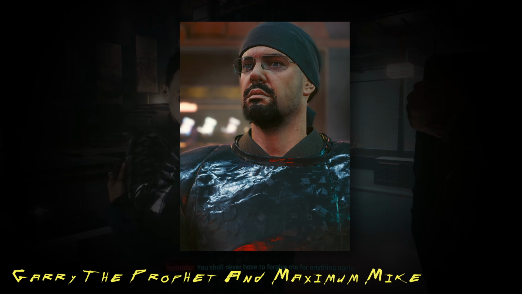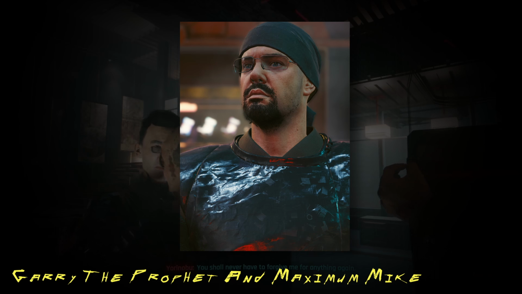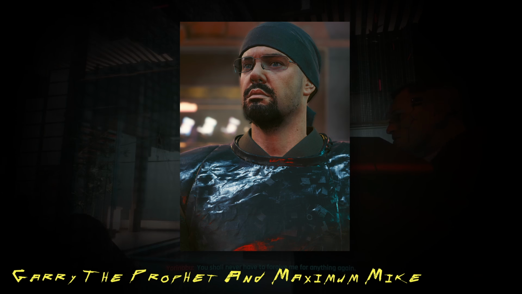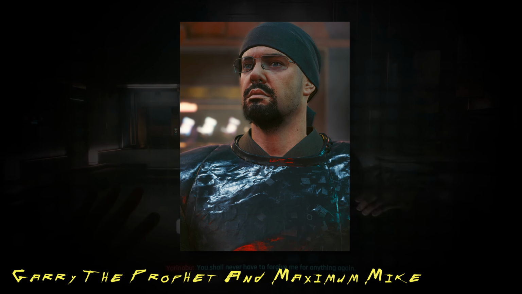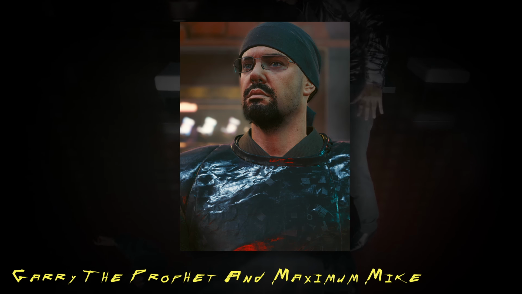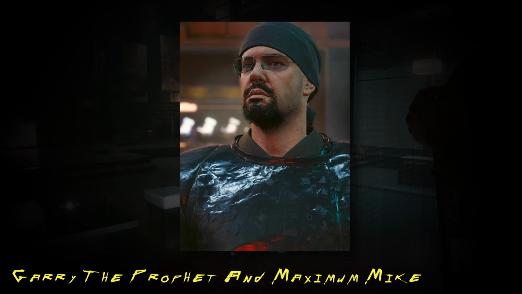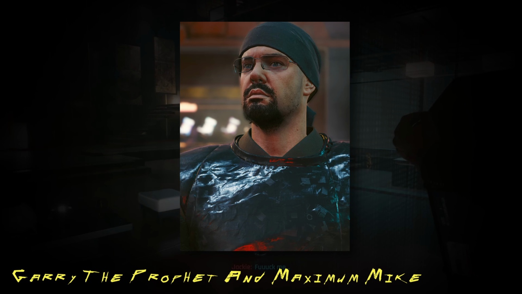Gary the Prophet, or Gary Winkler, can often be seen wandering the streets around Watson, evangelizing his strange theories. Most of them have to do with lizard men from Alpha Centauri, things lurking in the depths of Arasaka, and his suspicions that nomads are werewolves. V has the opportunity to save his life when he makes two Aldecados mad with that last theory, and he